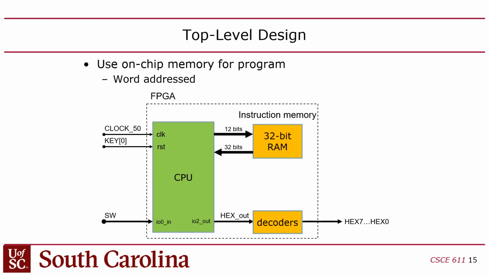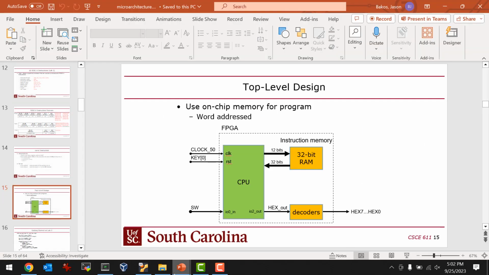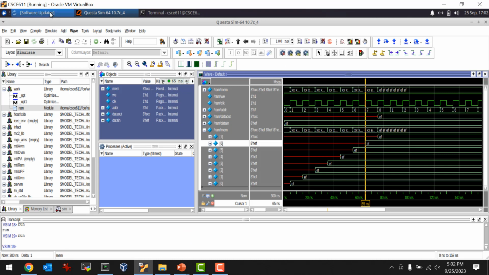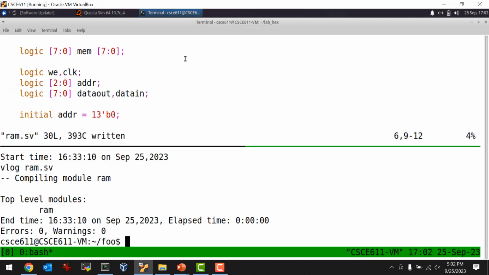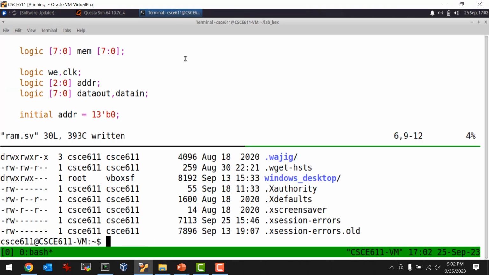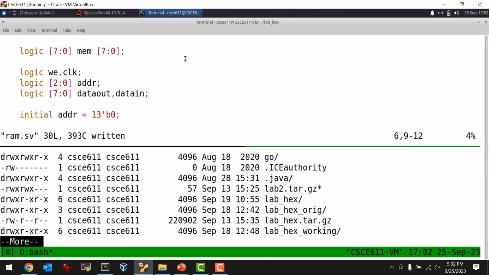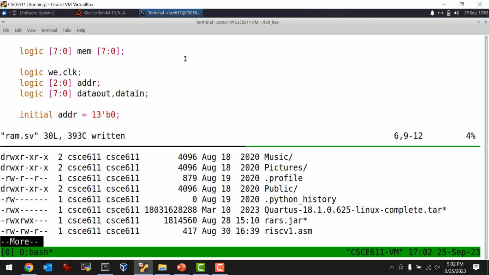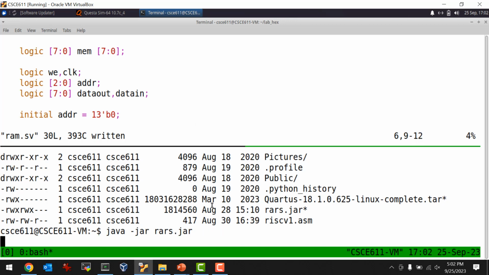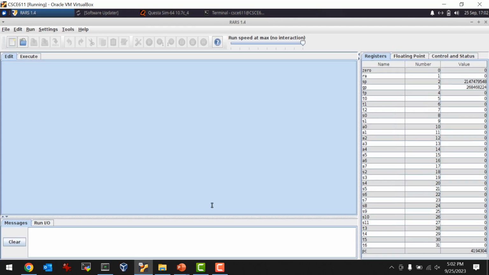Okay. Oh, by the way, do I have RARS here? Yes, I do. Java -jar RARS. So we have the special version of RARS that's available on Dropbox.